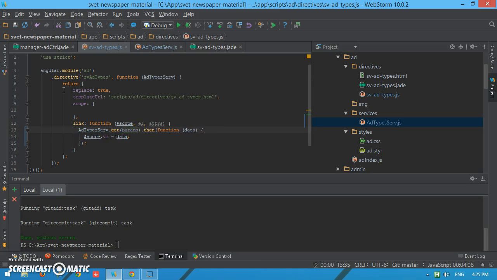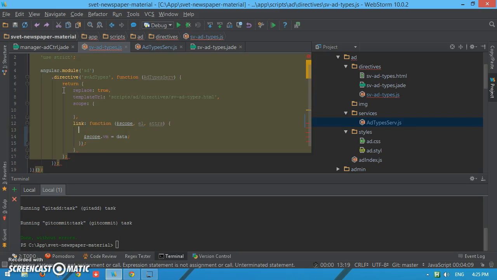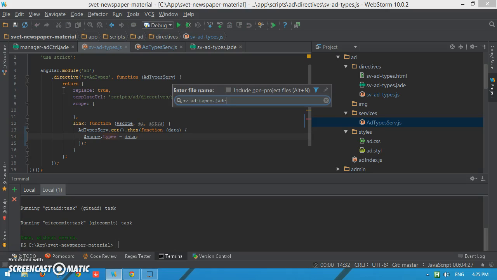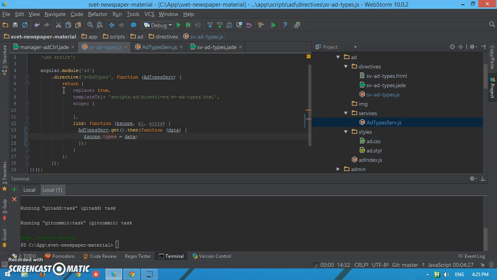I don't need any parameters. When I'm receiving the data, I just pass it on scope. And so let's rename this VM to types. Okay, I have now all my data, so I'm going to view, and now I can